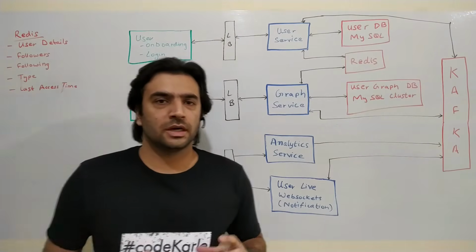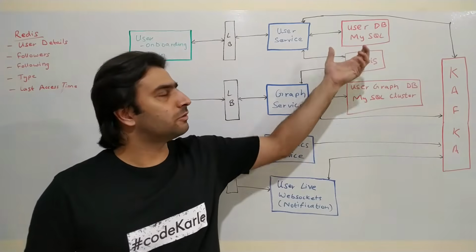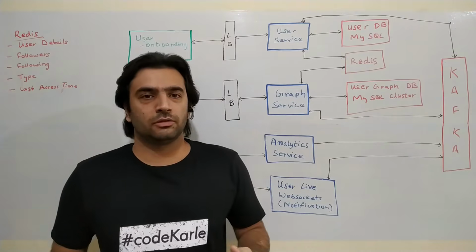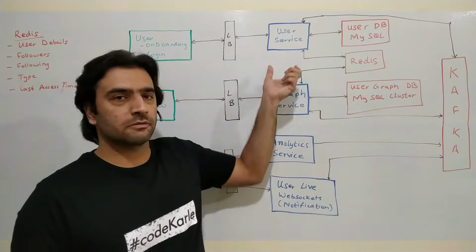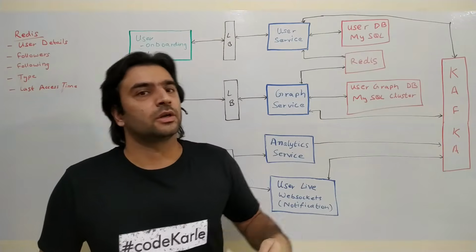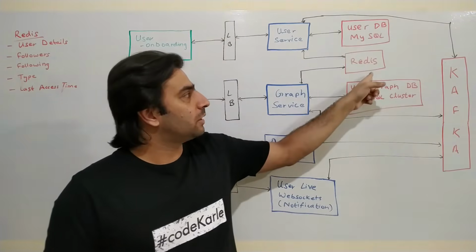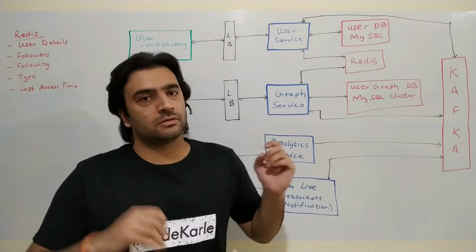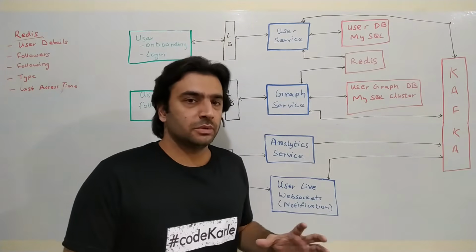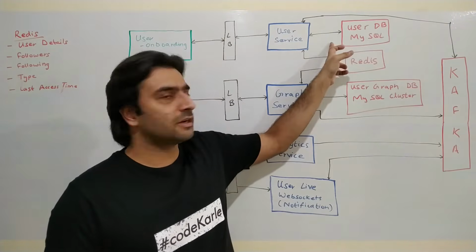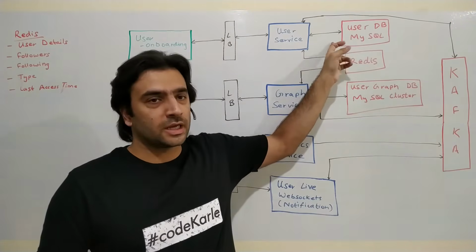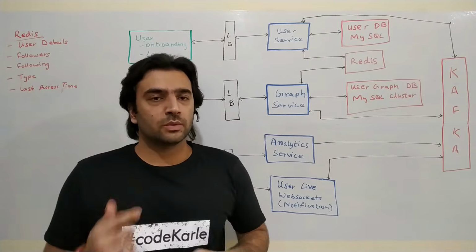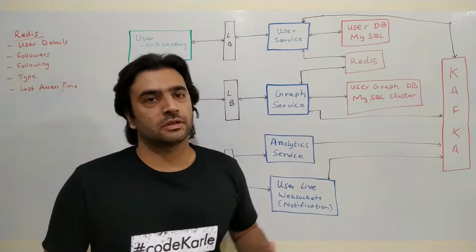Redis cache is basically an image of the user database, which has a key of user ID. Whenever somebody hits user service to fetch details of a particular user, it first tries to look up in Redis whether it has information about that user or not. If it has, it returns from then and there. If it does not have information in Redis, then it will query one of the read slaves of this user database, get the information, store it in Redis, and respond back to the client. So when subsequent requests come for the same user, they can be served out of this Redis cache.